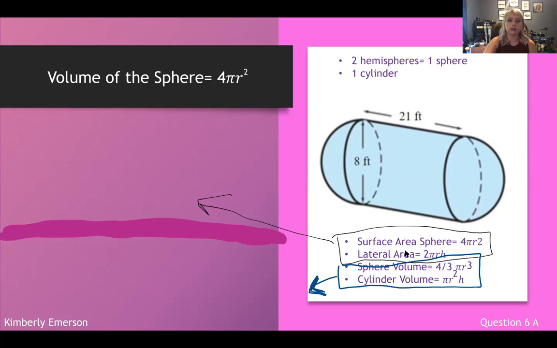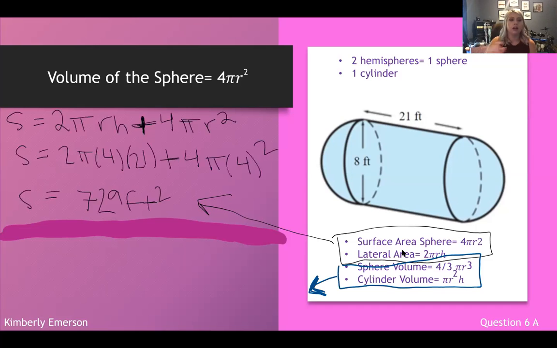So let's take a look. Surface area would equal, which I just put S because it's easier when talking about all of this. S equals 2 pi radius height plus 4 pi r squared equals 2 pi, radius is 4, times our height, which is 21. And how we found radius is, we see that this is our center,